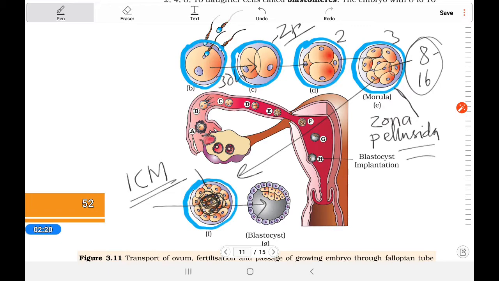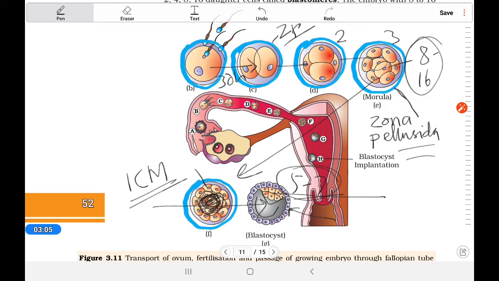Next, the blastocyst will form. It takes 5 to 7 days. The blastocyst has one embryonal knob. This is called the trophoblast cell, and here the blastocoel, that hollow area. This is the blastoderm. One characteristic here is that the zona pellucida is not there. Gradually it becomes thinner and disappears.